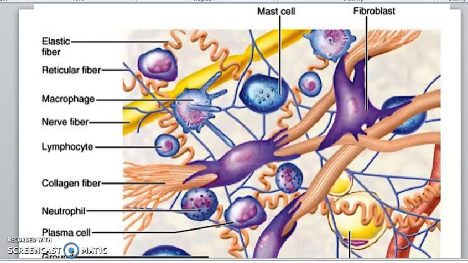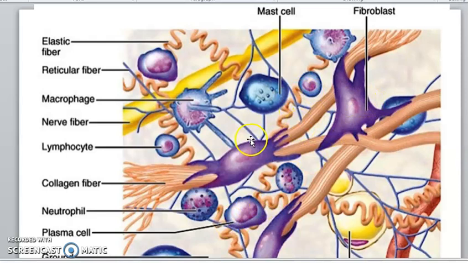The irregular, that's for the dense, and then the regular, as well as the blood vessel. So, a typical elastic fiber, a typical reticular fiber, wandering cells, see the macrophages, a typical lymphocyte, a typical collagen fiber, a typical neutrophil, a plasma cell, a fibroblast,